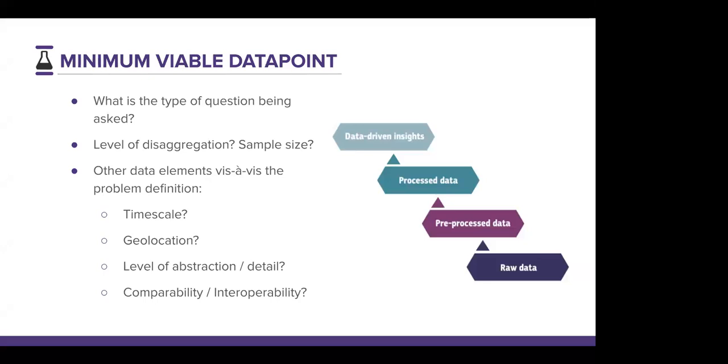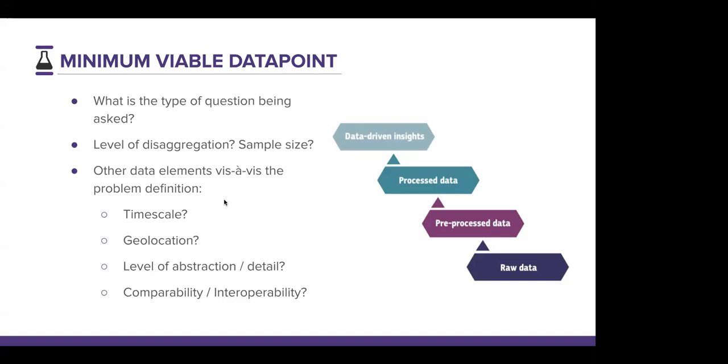The second type is really when we go, and these are mainly, if it's about questions, for instance, about socio-demographic phenomena, then it's really about the level of disaggregation. Do I need data about women and men, or do I just need data about all the people? Do I need data about age groups? Do I need data about geographical location, and so on, right? And so that's the other element that will determine your data needs, the level of disaggregation, and also the sample size that is needed in order to be representative.